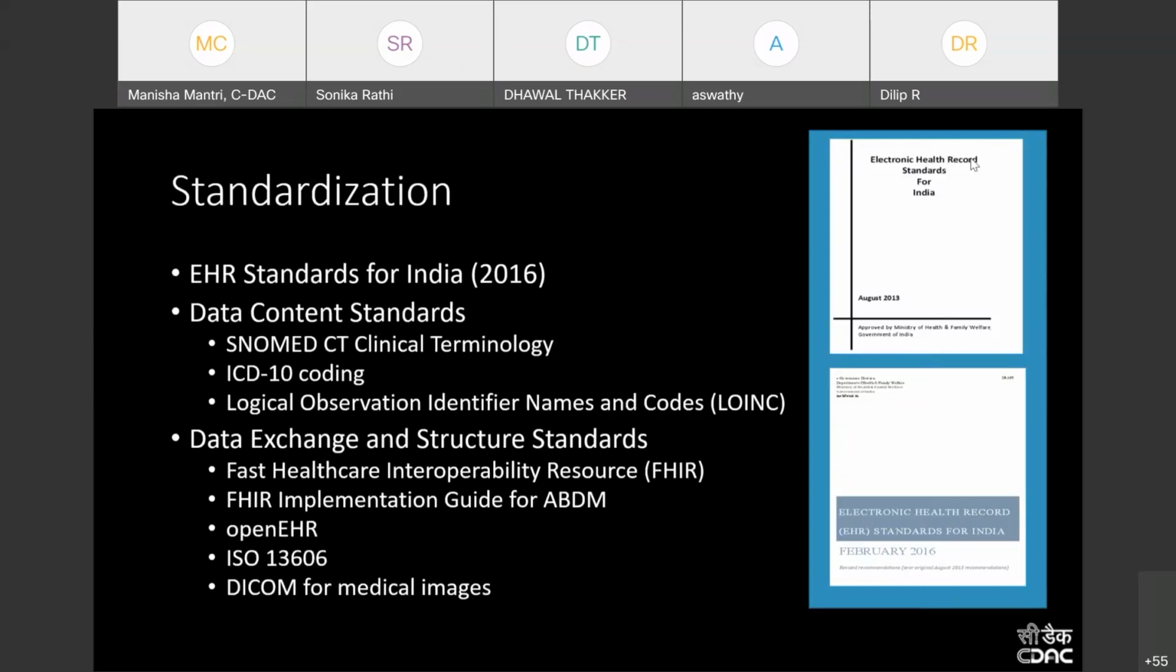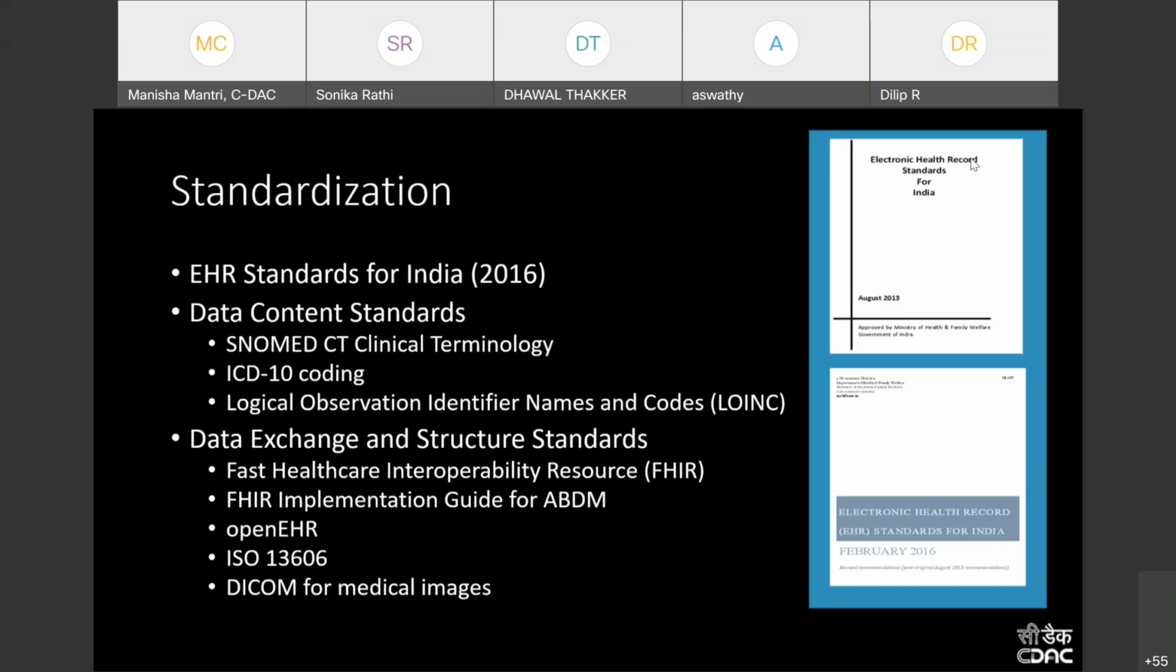Now, on top of it, there is something called standardization, which is also important if you want to have data in a good format, which you can process for data science purposes. And in India, we have the standardization also initiated. In 2016, EHR standards for India have been notified, and there were standards recommended for data content like SNOMED CT,